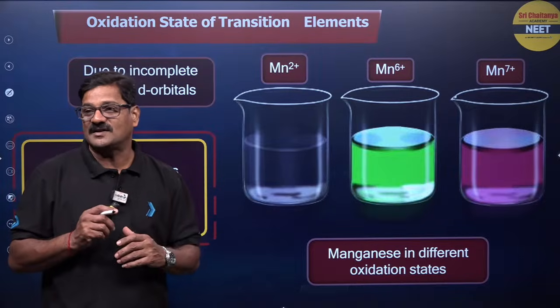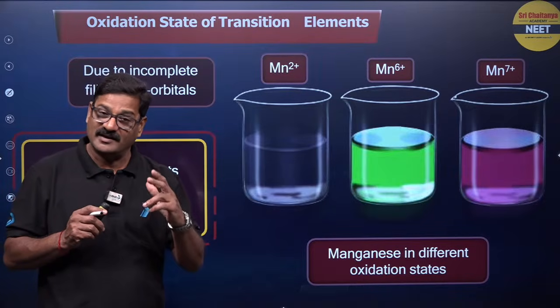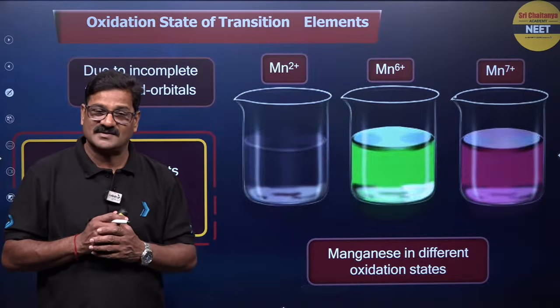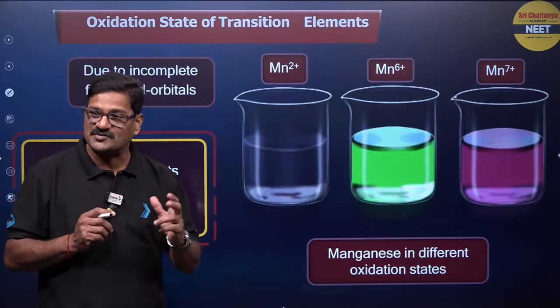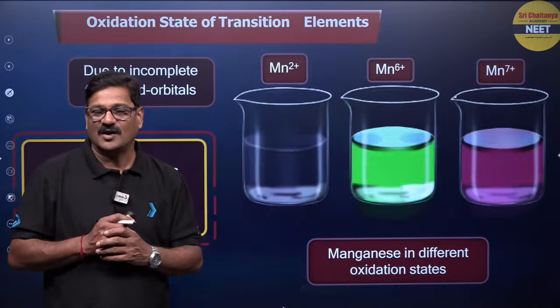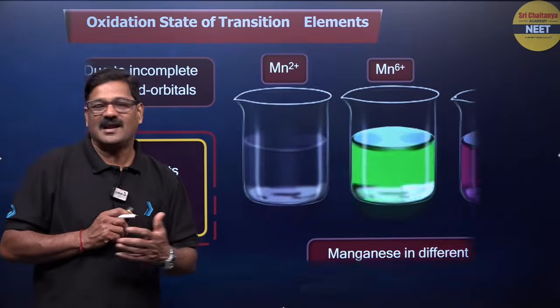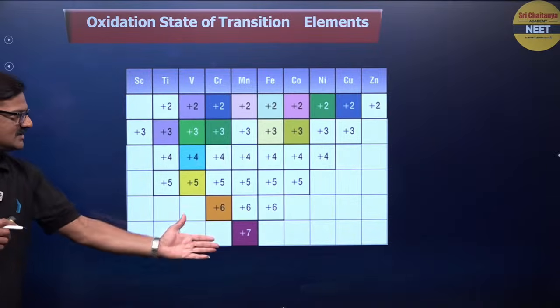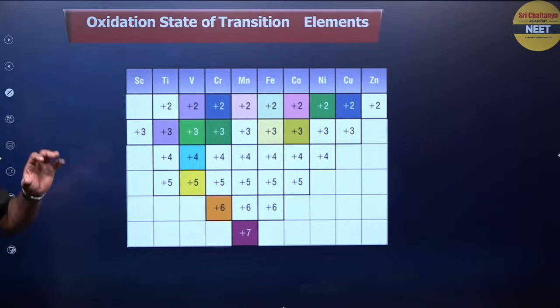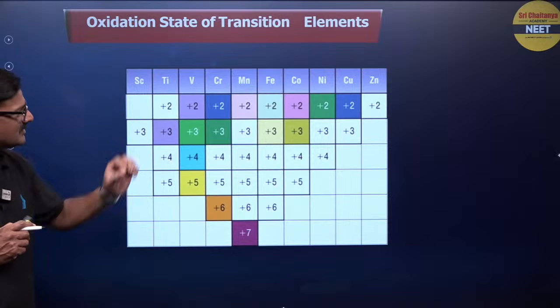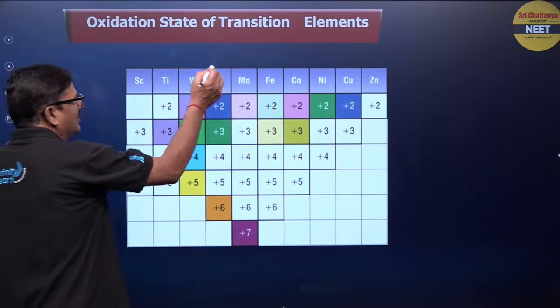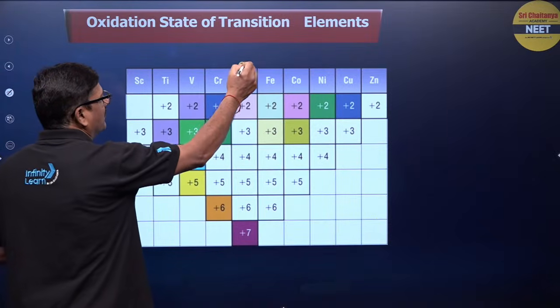Manganese has different oxidation states. Okay, iron 2+, iron 3+, silver +1, +2, copper +1, +2, chromium +2, +3, +6 also. Like that, it has variable oxidation states. So see this pattern, up to d1, d2, d5,